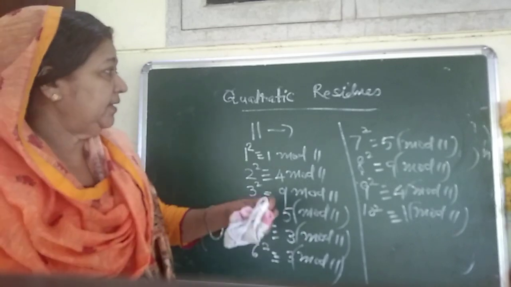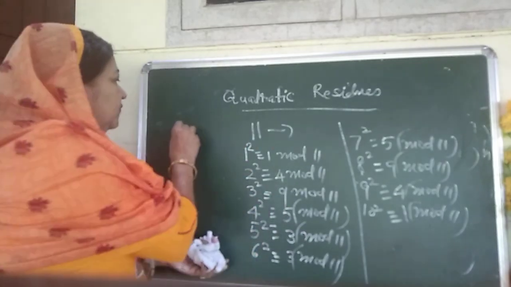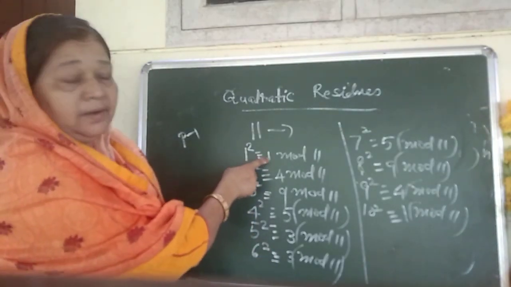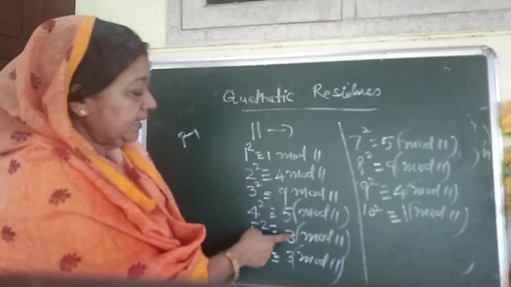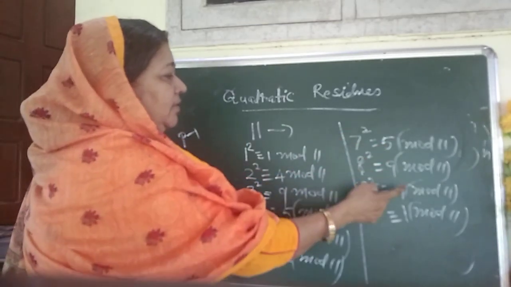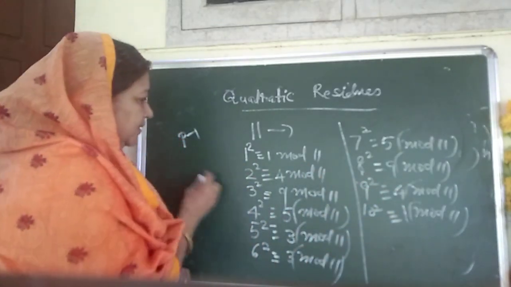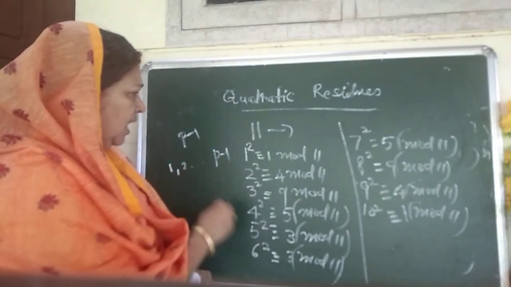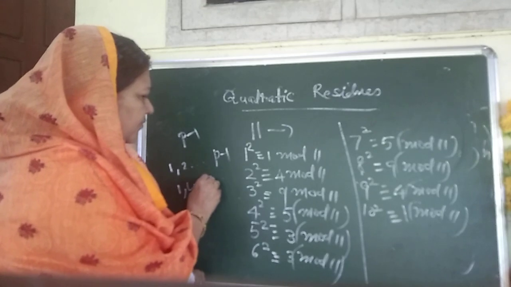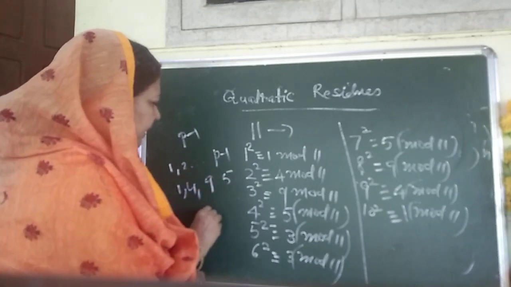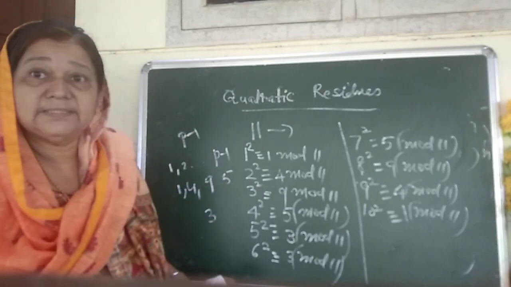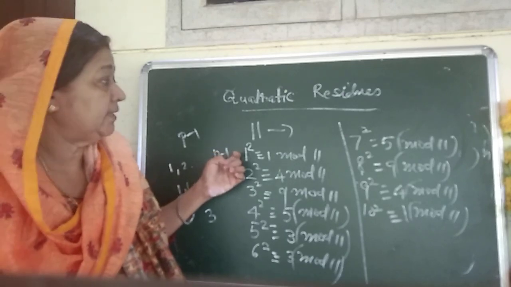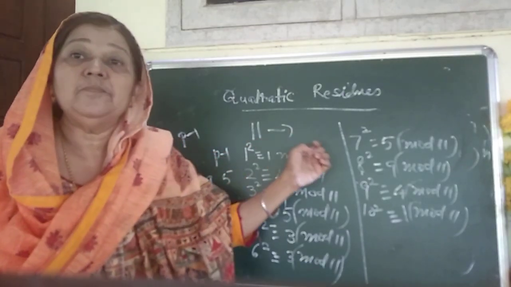Thus we see that if p is an odd prime, p minus 1 is an even number, and among these numbers 1, 4, 9, 5, 3, 3, 5, 9, 4, 1, that is, among the numbers 1, 2, 3, up to p minus 1, only 1, 4, 9, 5, 3, that is 5 numbers, belong to these residue classes satisfying the second degree equation, the quadratic equation, x square is congruent to n mod p.